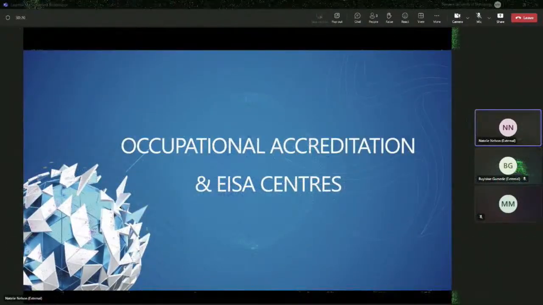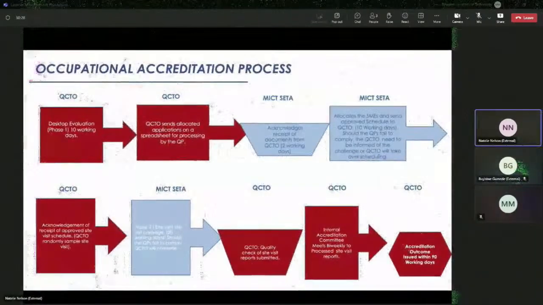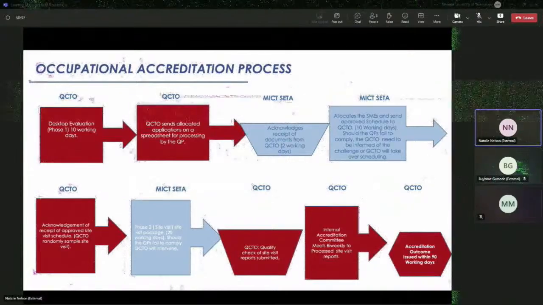Moving on to then the occupational accreditation process, you probably want to know, how do I become accredited and what process do I follow with the QCTO? The process is quite similar to the MICT SETA's process in the sense that they have a desktop compliance process, which is the first step, where you log onto their website and start with the application process.